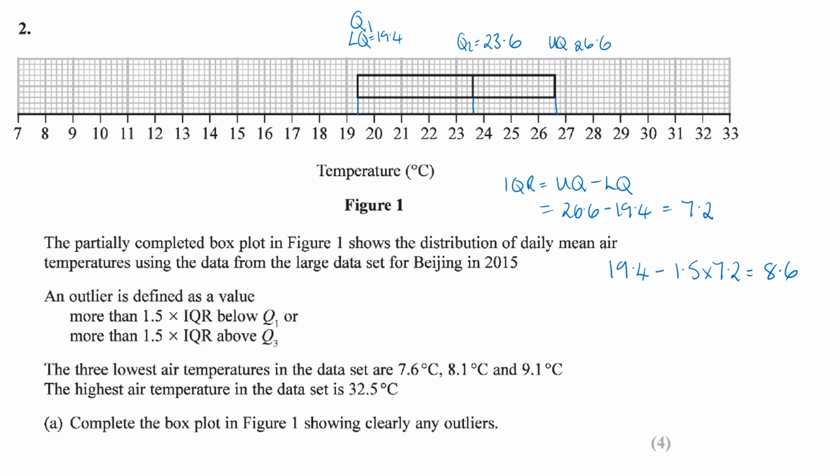And then if we look at the top end, we've got the upper quartile 26.6 plus 1.5 times the interquartile range, then anything above 37.4 will be an outlier. So we've got some temperatures to go on the box plot. 7.6 is going to be an outlier, so that is going to be there. The 8.1 is also an outlier, and then the 9.1 is our next lowest value, so that is not an